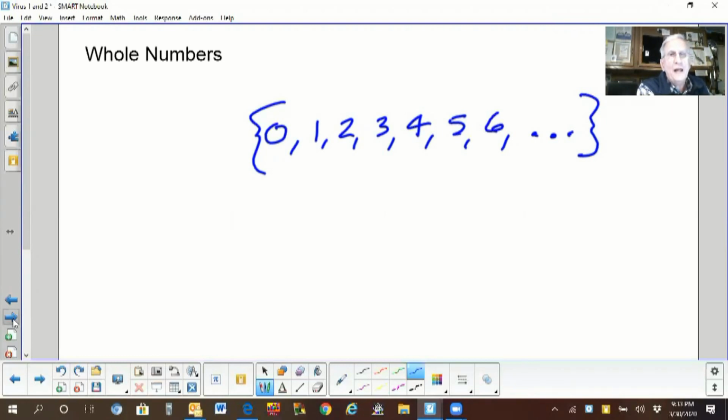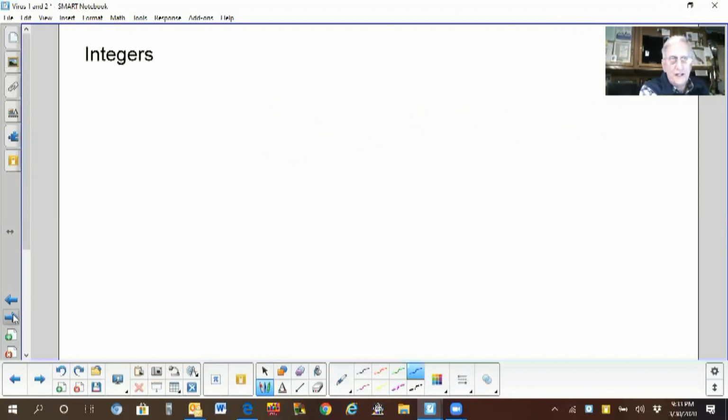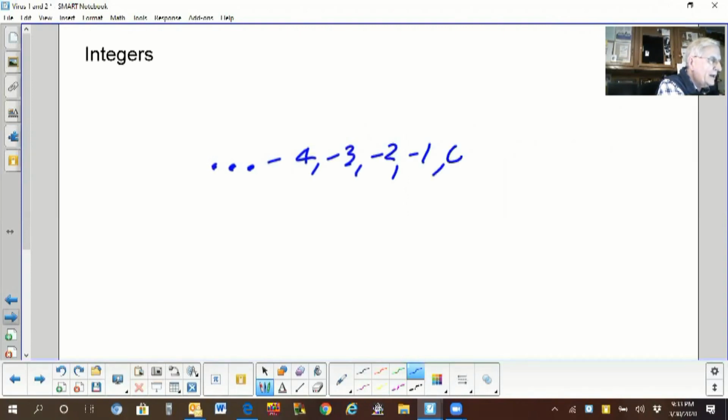So therefore, you realized that there was another set of numbers with those minus signs in front of them. And of course, they're not called minus numbers. When you put the whole numbers together with these numbers that have minus signs in front of them, you have what is called the set of integers. Now, we are used to, as a kid, writing the set of integers this way. You would come in from negative infinity, go out towards positive infinity, and use the ellipsis